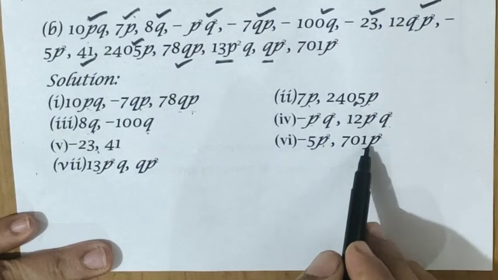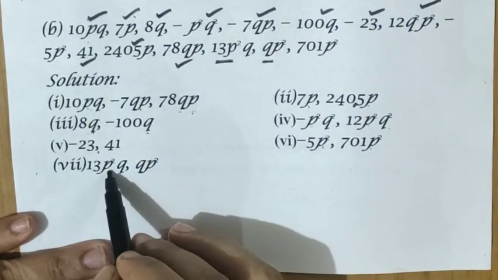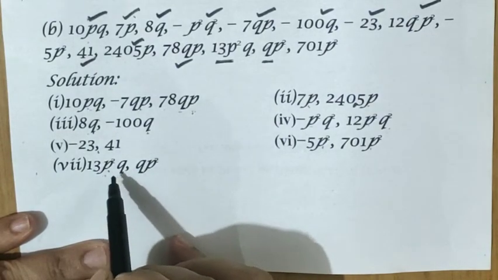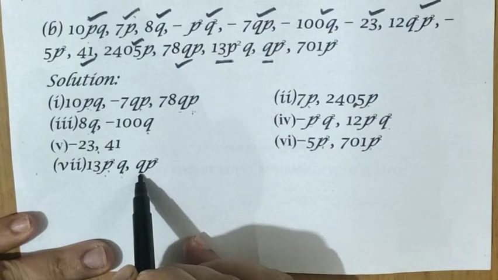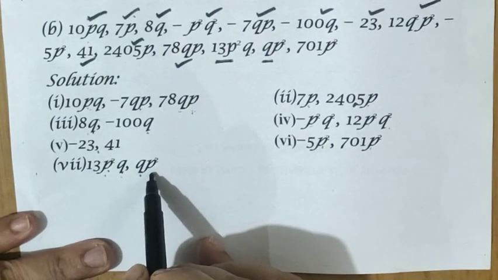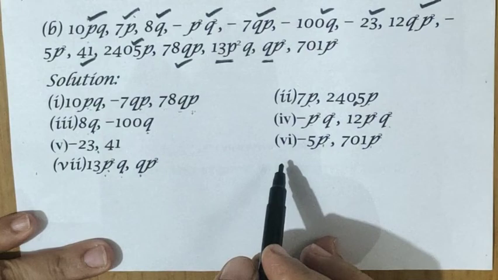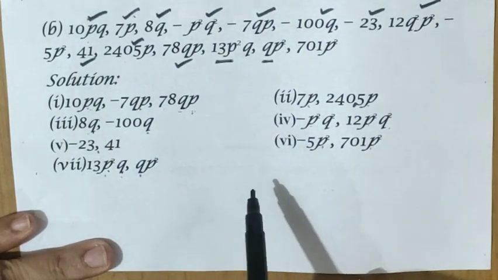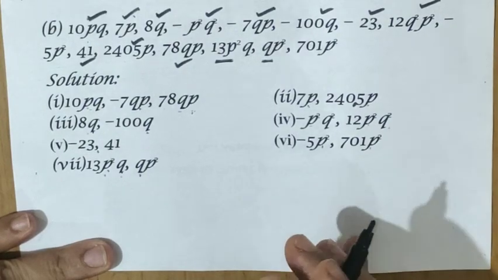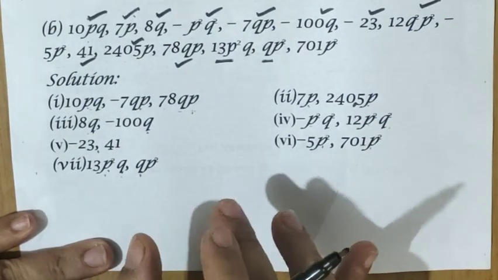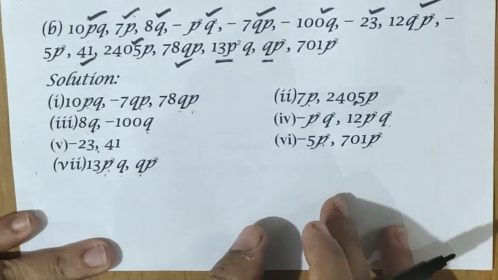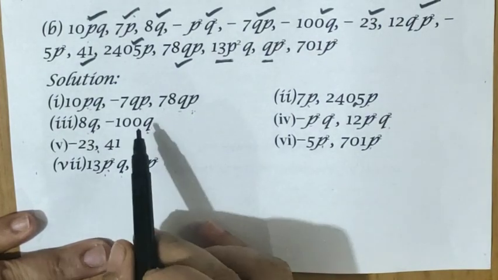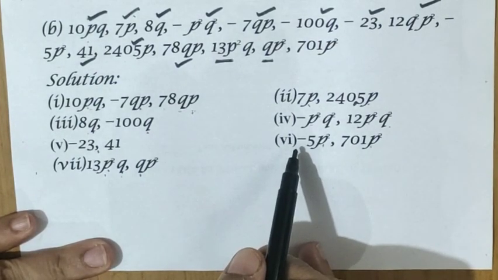Now see p square, and here also p square, here also p square q, qp square. Here p square q means what are the factors? P 2 times and q 1 time. Here also q 1 time, p square, p 2 times. So you can see the like terms, you can easily identify. Learn thoroughly this like terms part because it is required for the next topic, that is the operations of algebraic expressions. Once you identified the like terms correctly, then we can learn the operations of algebraic expressions very easily. So that is why we are telling this concept, learn thoroughly.